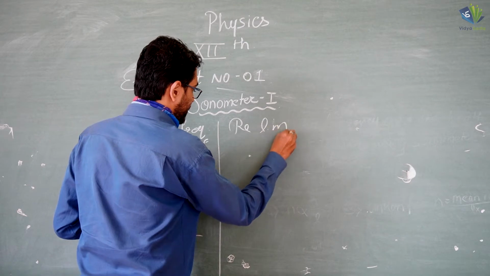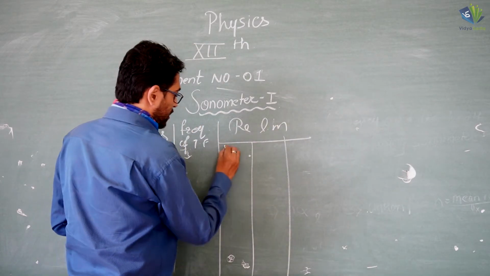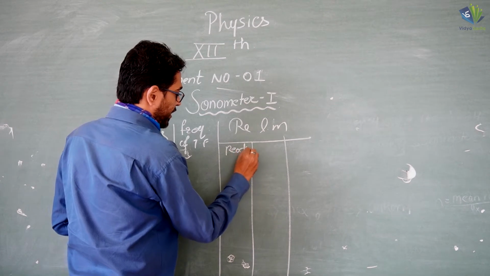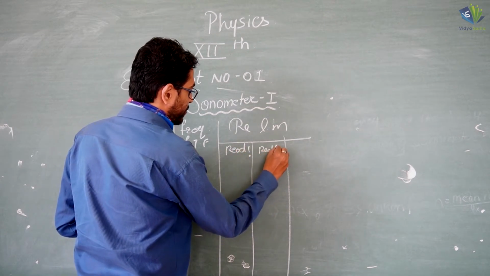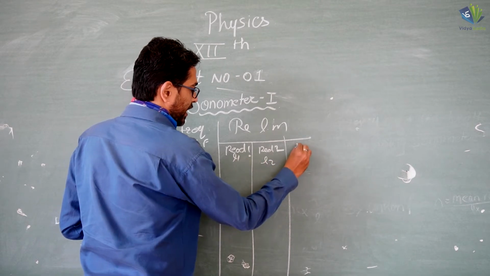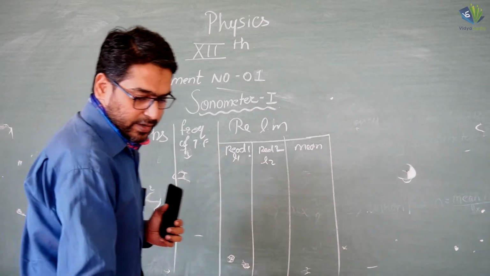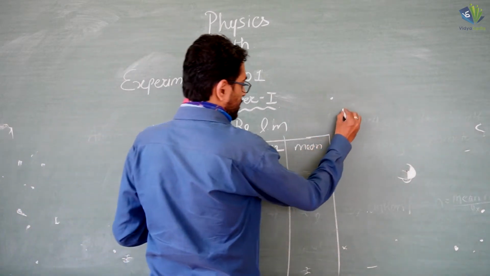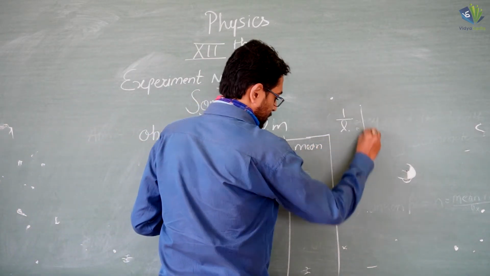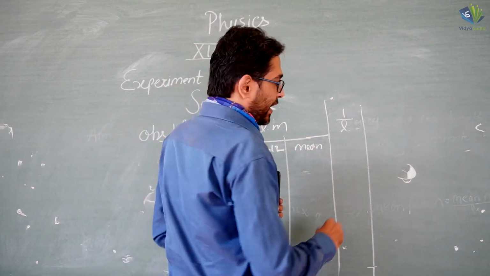We'll take two readings over here, reading 1 and reading 2, which we call L1 and L2, and the mean. Then 1 upon L, we'll find out 1 upon L over here, and the last one, NL,